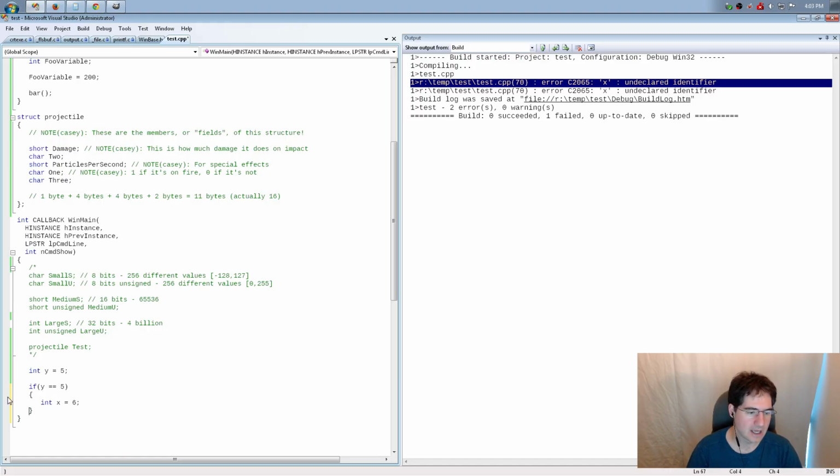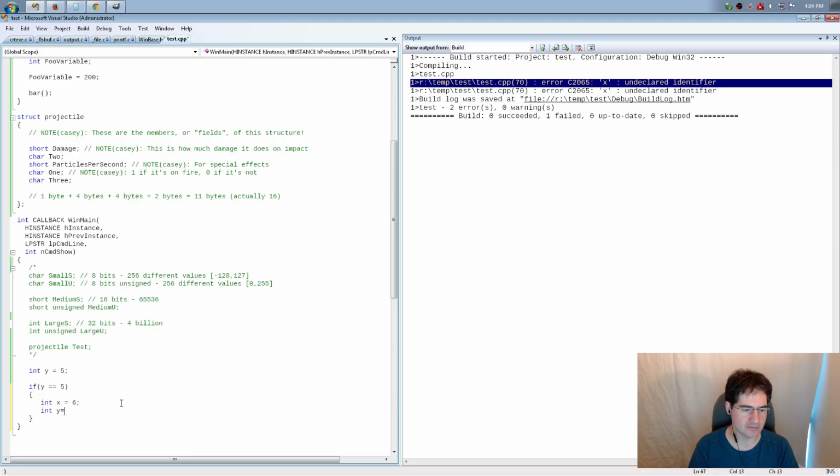It's fine. So what happens with blocks is they're basically like the stack thing that I was talking about before, where I was saying that's where variables live and they get pushed on the stack and then pulled off the stack. Well, you can basically think of blocks as having their own sort of stack implication. When I enter a block, by the time I get into that block and start doing stuff, it is incumbent upon the compiler to have made space on the stack for these variables that are in the block.